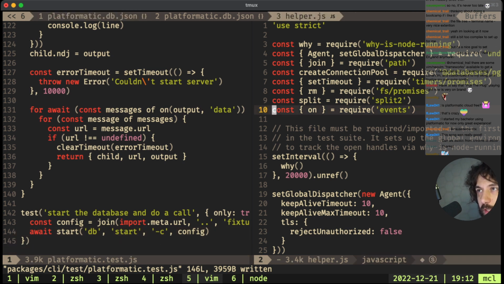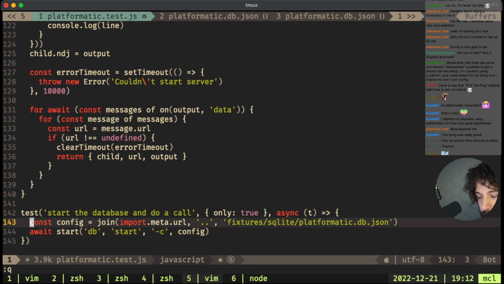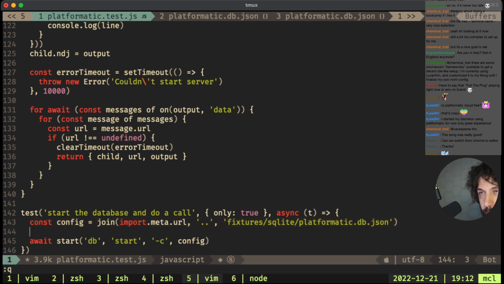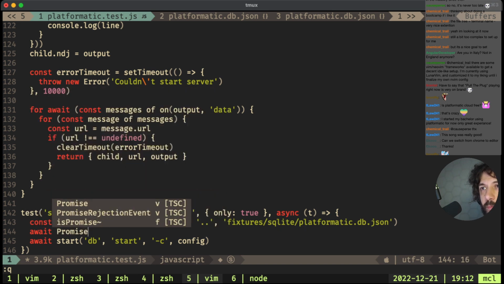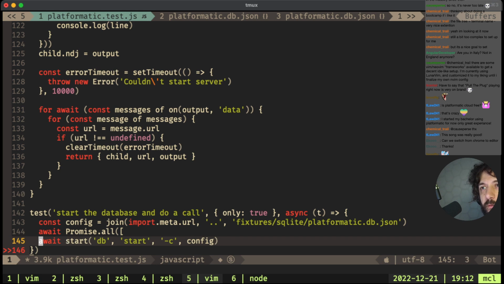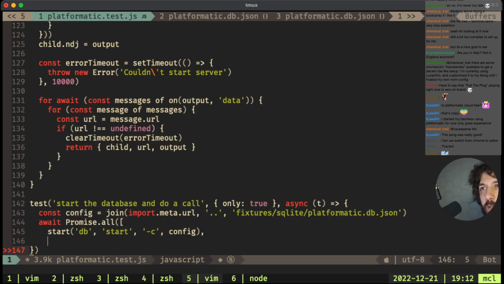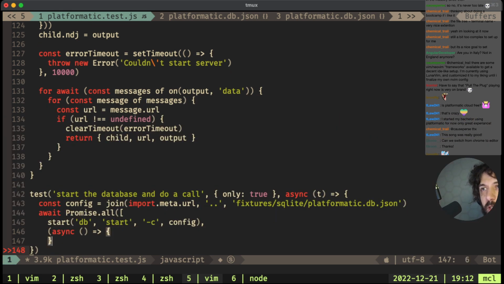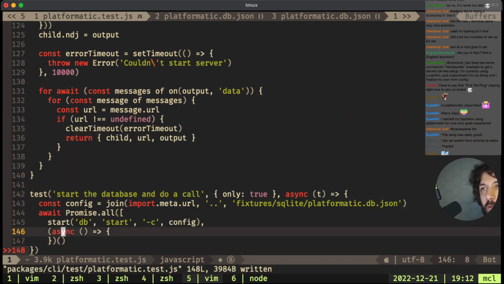Okay, now we need to verify that await Promise.all. Okay, and the first one is this one. The second is an asyncify.